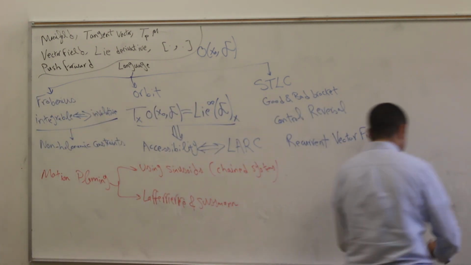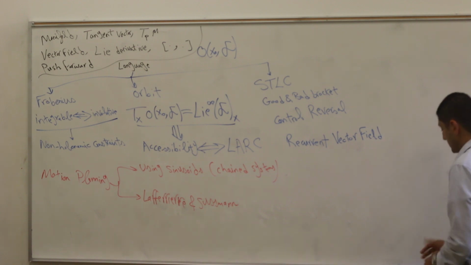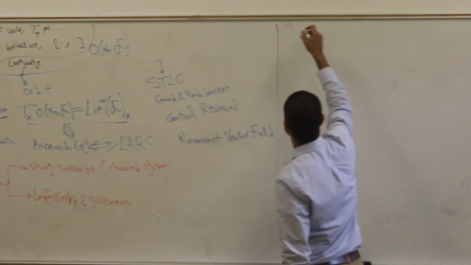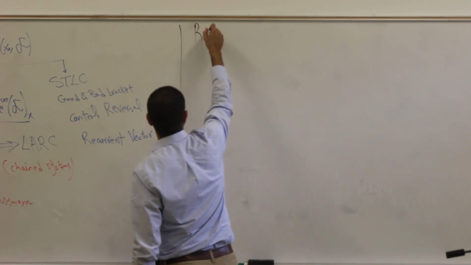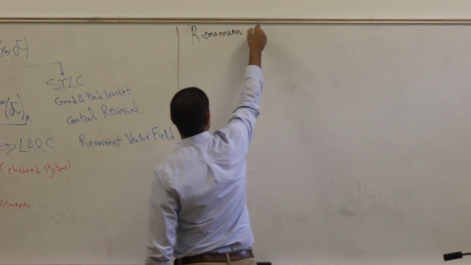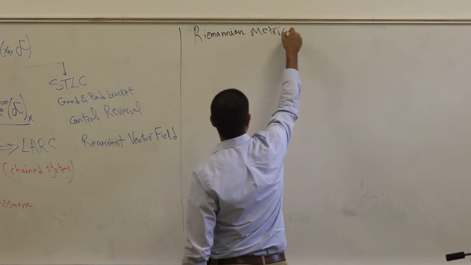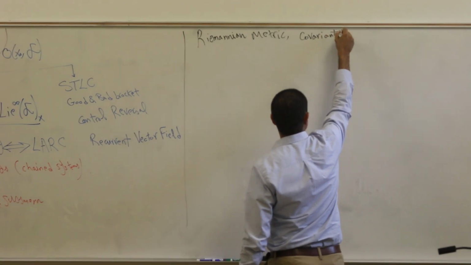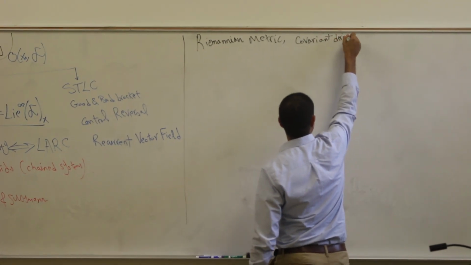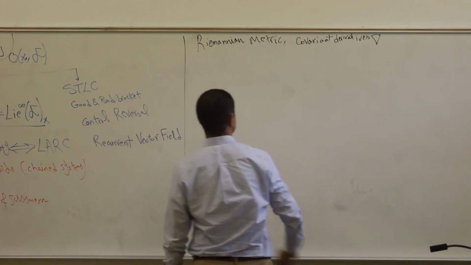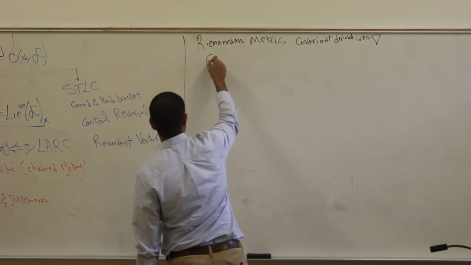Then we went to mechanical systems, which necessitated extra language. The Riemannian metrics, covariant derivatives, nabla, geodesics,